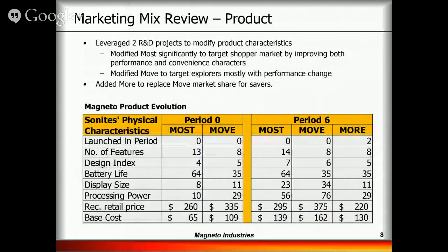So moving on now, in the interest of time, looking at it from a marketing mix perspective, if you look at the products that I had, I leveraged, as I mentioned, 2 R&D projects to modify the product characteristics. I modified most significantly to target shoppers, and I modified Move to target explorers with a performance change. So what you'll see here is, over time, looking at period 0 and period 6,